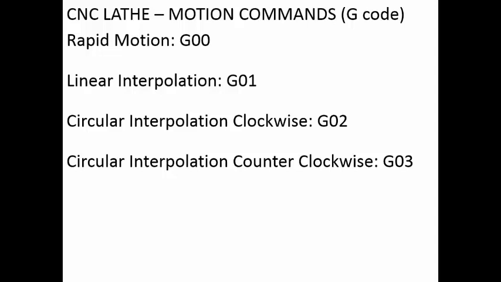But a CNC controller has to continuously monitor a number of points between the starting point and the ending point. In what way does it compute the intermediate points? It computes them by the linear interpolation method. So it is going to compute a number of points in between the starting point and the ending point, and then find out the x and z coordinates along the particular path, and the controller will move through all those points individually, so that we get a straight line motion. That is why it is called interpolation.